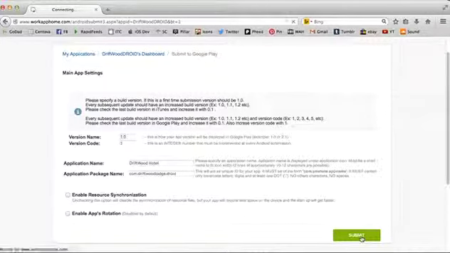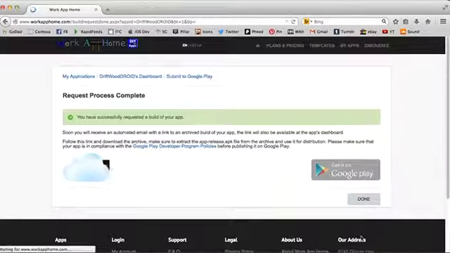I hit submit, and these are all showing kosher. These all look good. I have the backwards com, and right here it's just showing that it's sending it, getting ready to send you a build in the mail. I hit done,